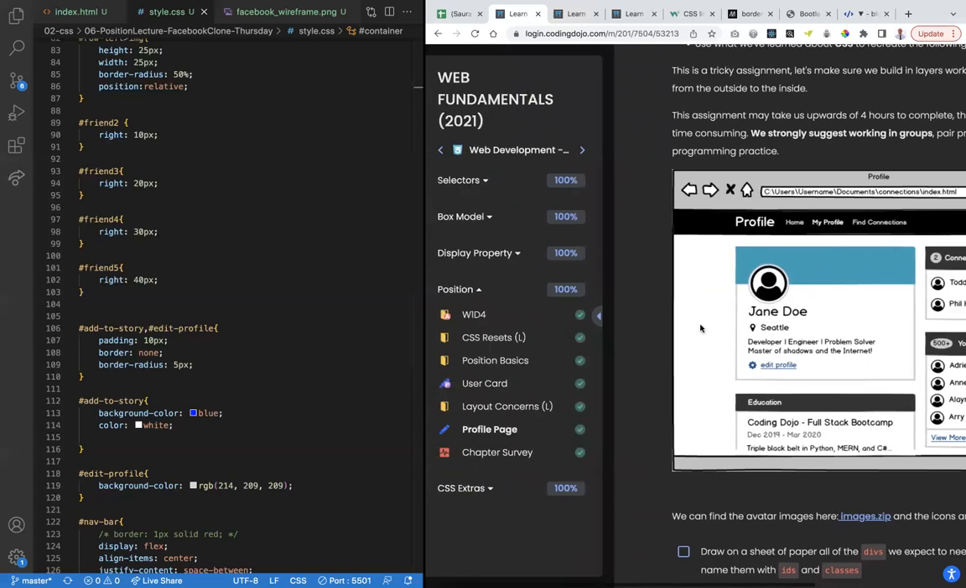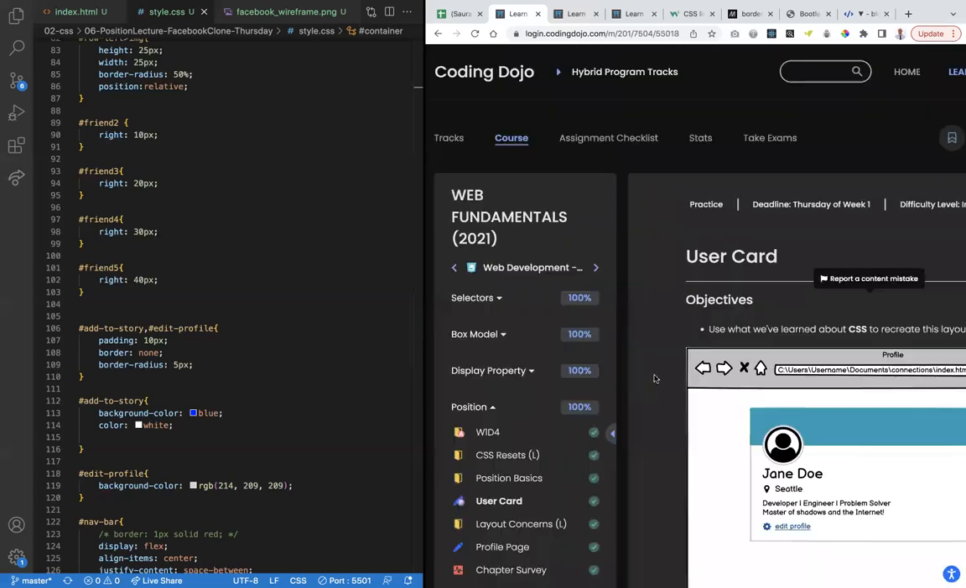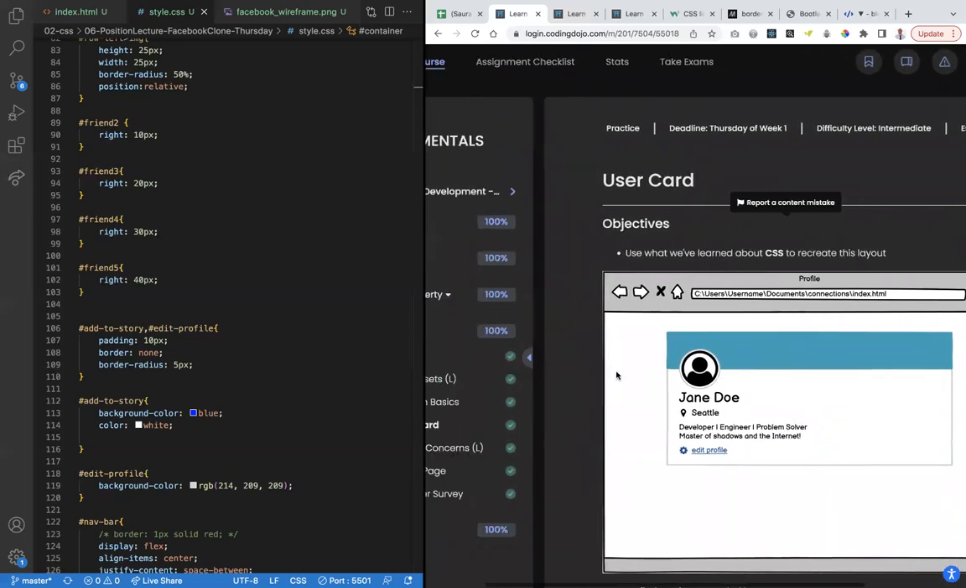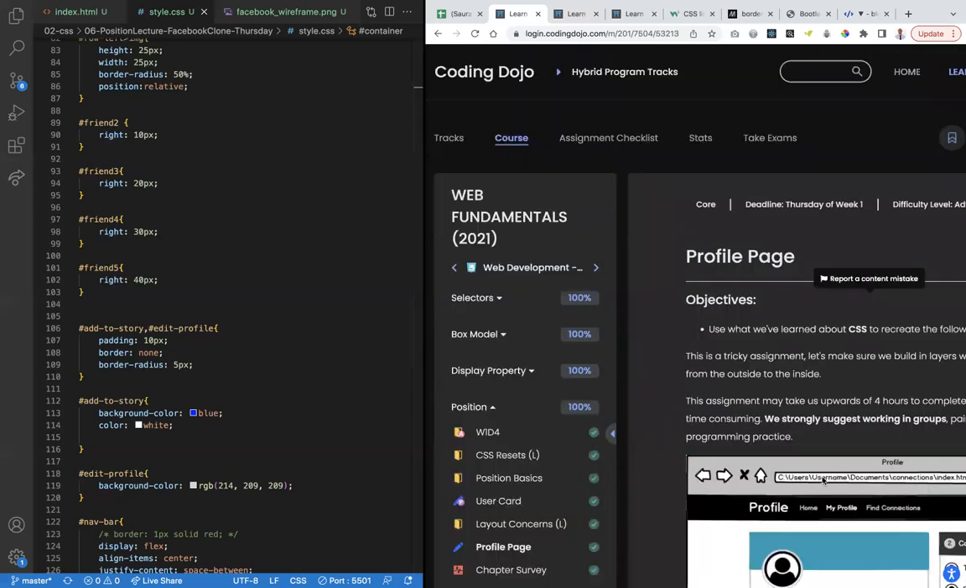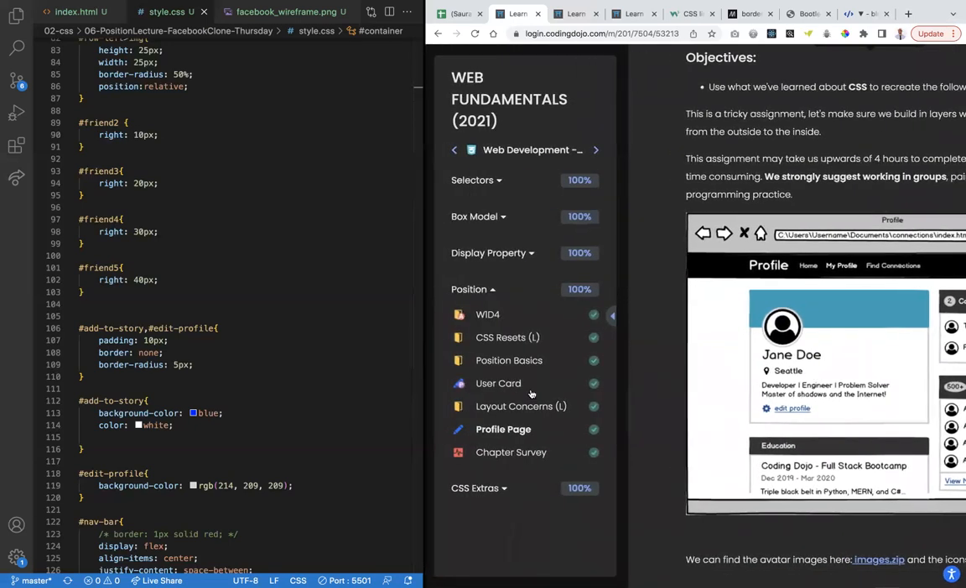And yes, for today, I want you guys to work on user card and profile page. And you can use your user card code to help you with the profile page assignment. Okay, strength through struggle. Okay, that's the difference between the coding